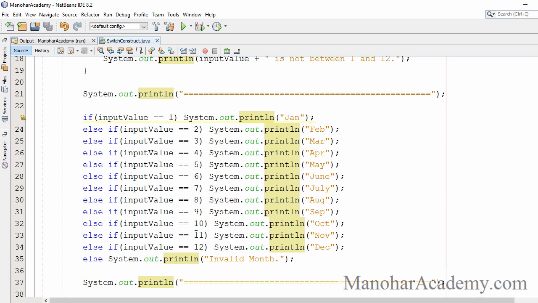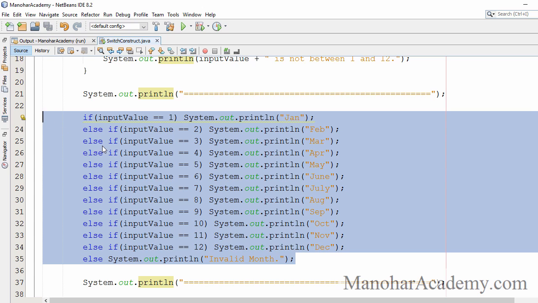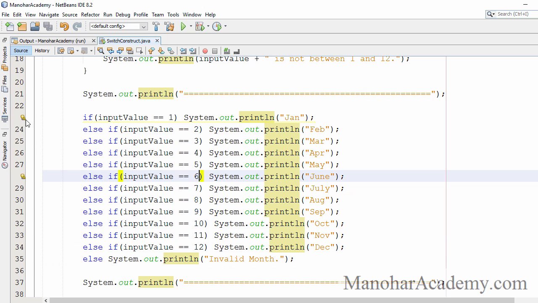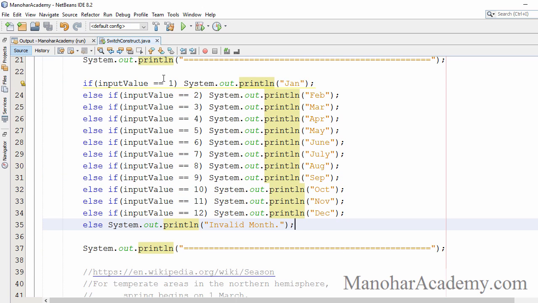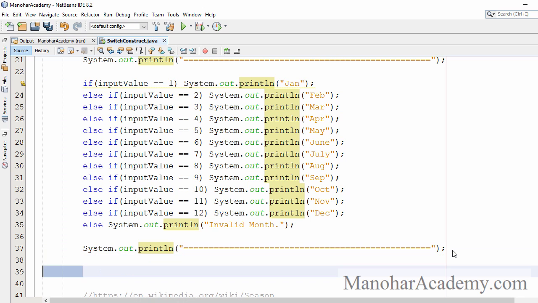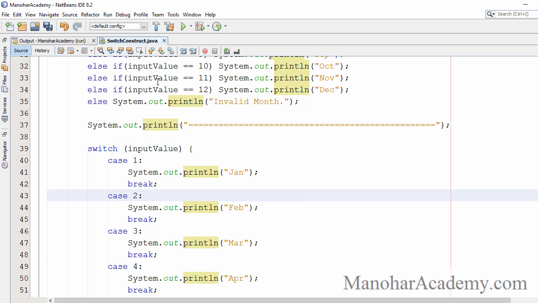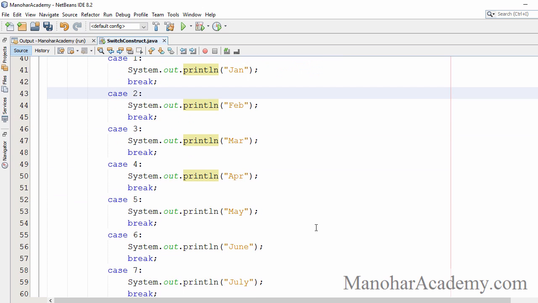Whenever you are checking against some constant values, the if else can be written in a different way that is more readable. So that is the reason here we are getting not exactly a warning, but a hint. The hint is saying replace chain of ifs with switch. Okay, what does that mean? Let's convert that. I am going to keep it here and copy paste. Click on this one and convert to switch. Okay, it has converted our if else chain into a switch statement.